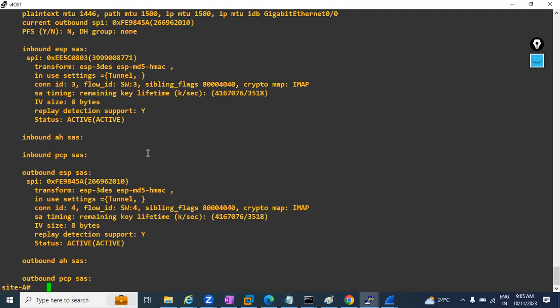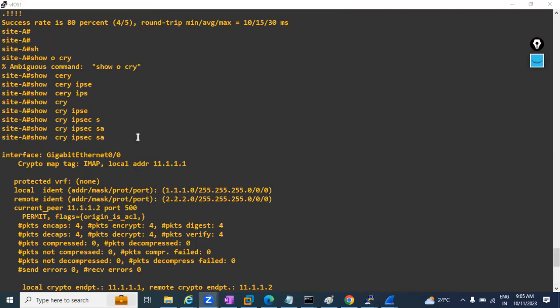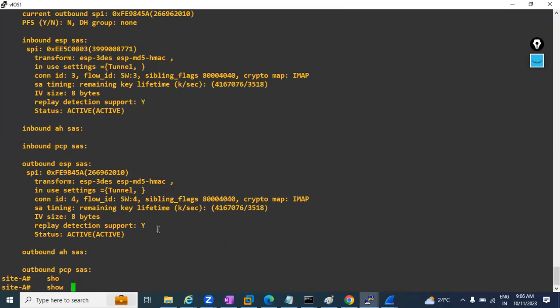Now we have, see this is what we have discussed, okay. This is the output of your crypto IPsec SA. Okay. So this concept is also known as SPD. Okay. This is the Security Policy Database. So this is SPD and let's show crypto